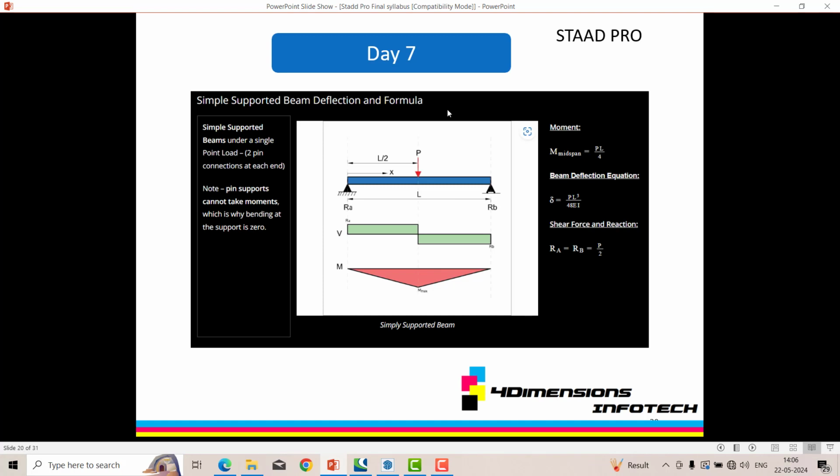While doing the manual calculation, we use these formulas. So I am just elaborating this figure. This is the beam, simple supported beam under a single point load. So for example purpose, we are just assuming the value, that is the pressure P, and then the total length you can go ahead with 10 meter, 15 meter, whatever it may be, and then exactly in the middle of the beam there is a load applying over it, and then at both sides we have the pin support,